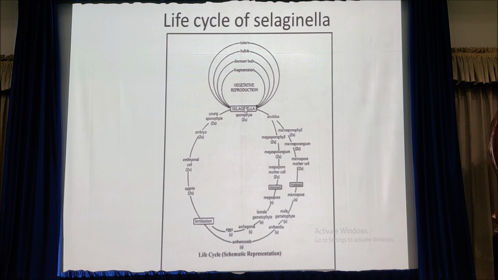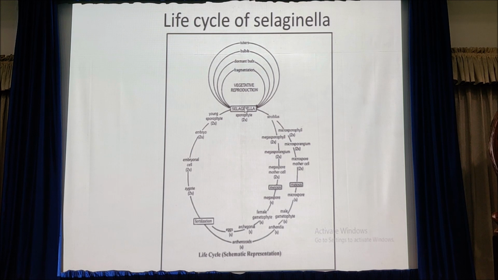There are two types of spores, megaspores and microspores. Then, reduction in the number of functional megaspores in the megasporangium to 1. In some species of Selaginella, the one functional megaspore mother cell undergoes meiosis and produces 4 haploid megaspores. Of these, only one becomes functional, and the other 3 degenerate in some species. So, there is a reduction in the number of functional megaspores in the megasporangium to 1.